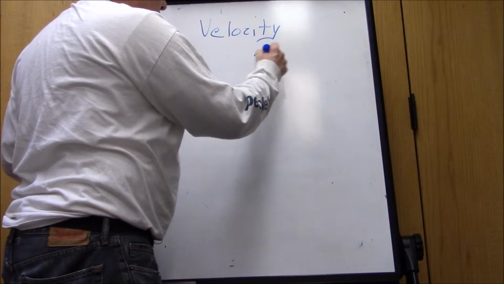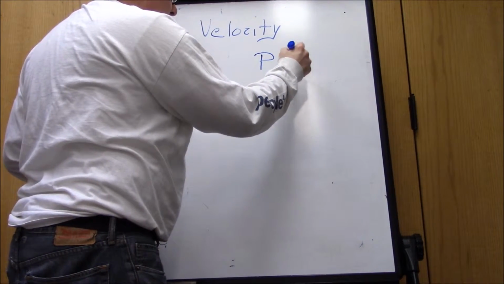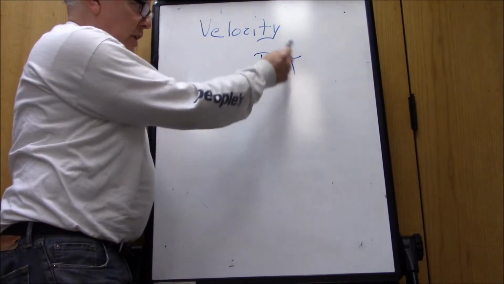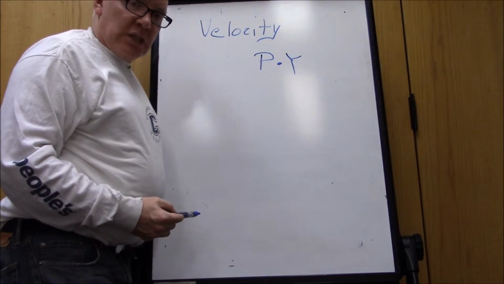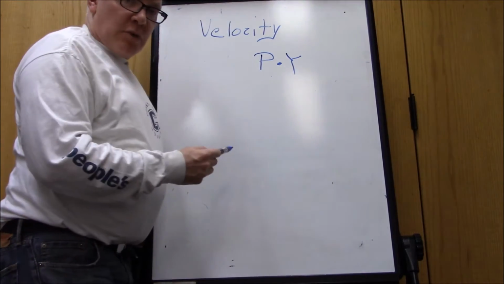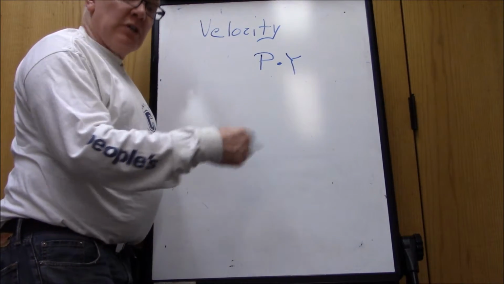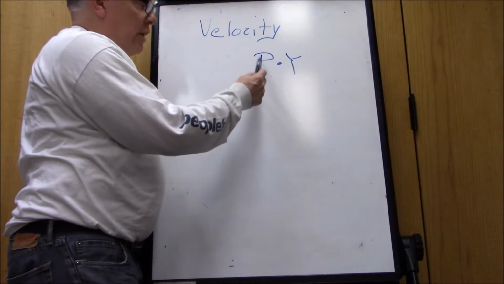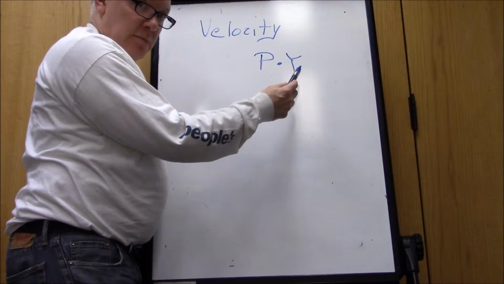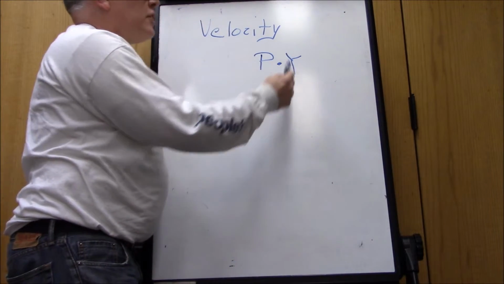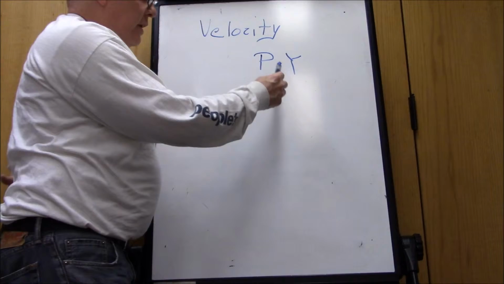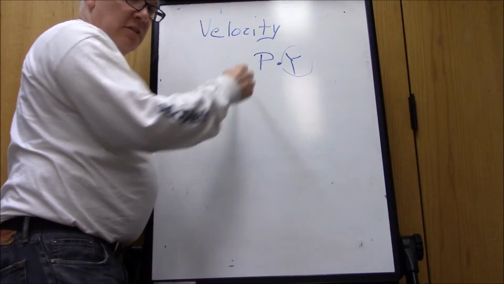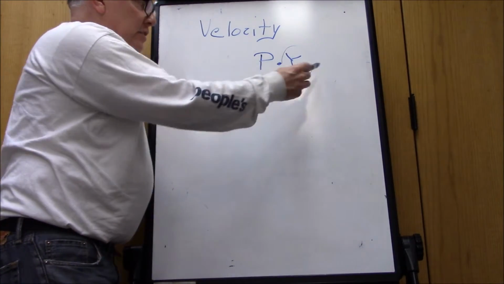We have a price level and we have an amount of real GDP. So we're going to use Y to stand for real GDP, or the amount of goods and services produced in the economy, multiplied by the price level. We're going to get nominal GDP. Remember when you did that homework a couple weeks ago where we had to calculate nominal GDP, right? The price of the hamburger times the number of hamburgers or whatever it is, right? So now we're thinking about all of the goods and services in the economy, right? All the goods and services produced in the economy times the price level,